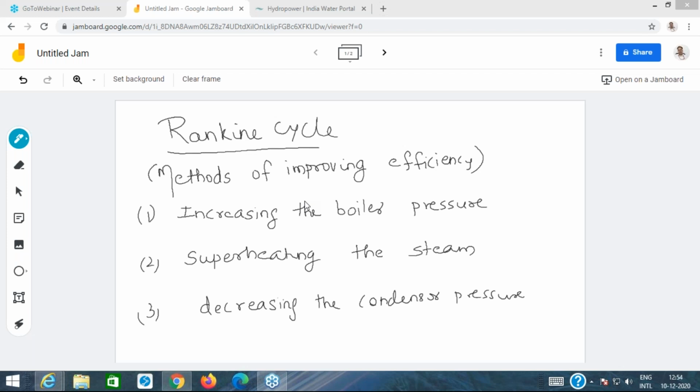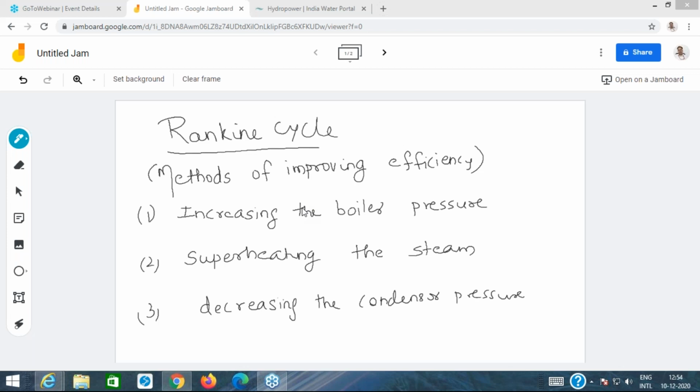In short, in one sentence, the mean temperature of heat addition is a representative temperature which is going to give you the same heat addition as that in the original cycle. Original cycle means the original Rankine cycle where the temperature is actually varying during the heat addition. I guess that you have followed this, the mean temperature concept. Okay, so Pranav has followed this.